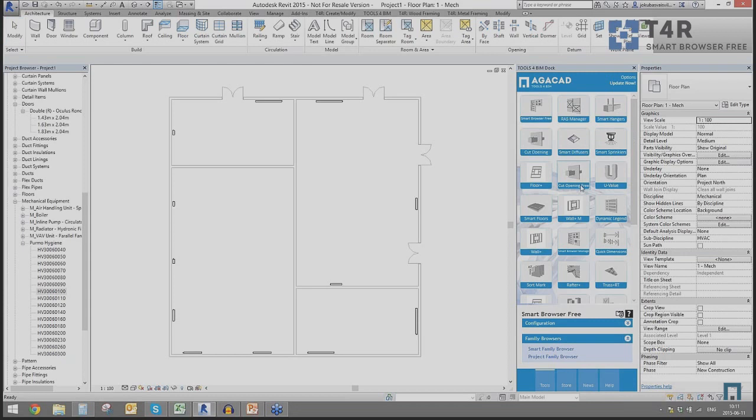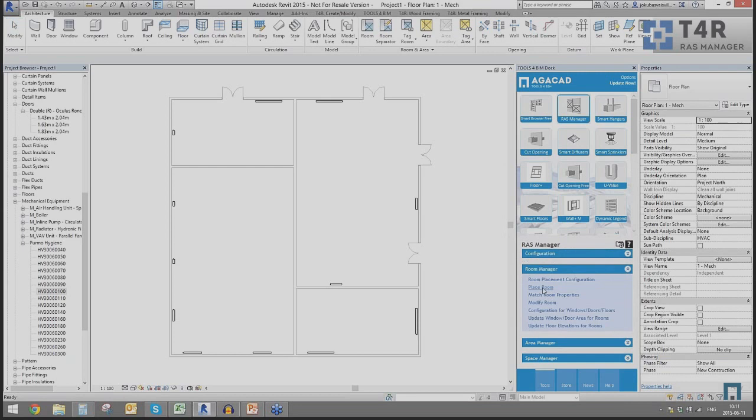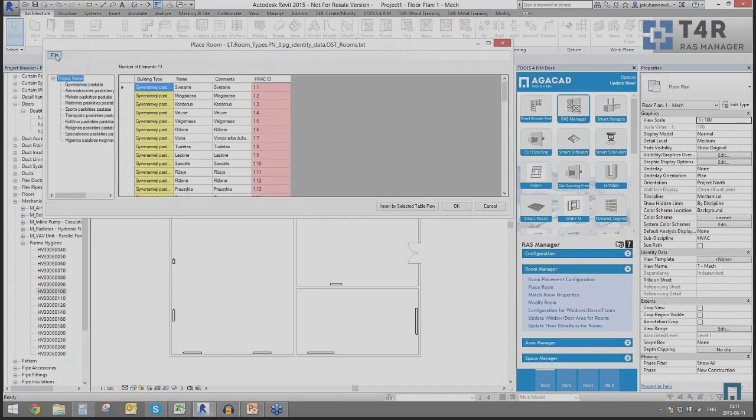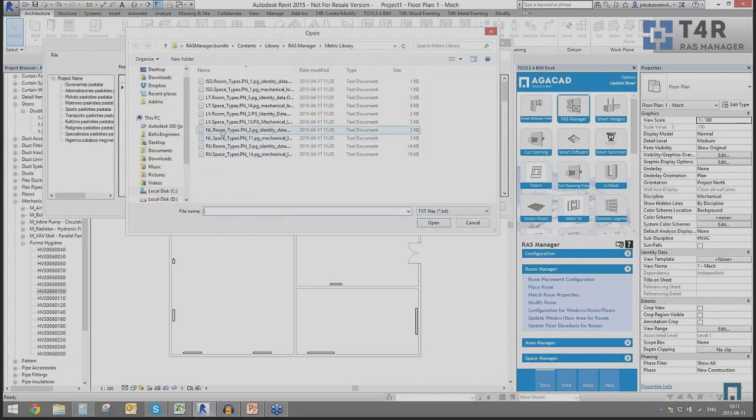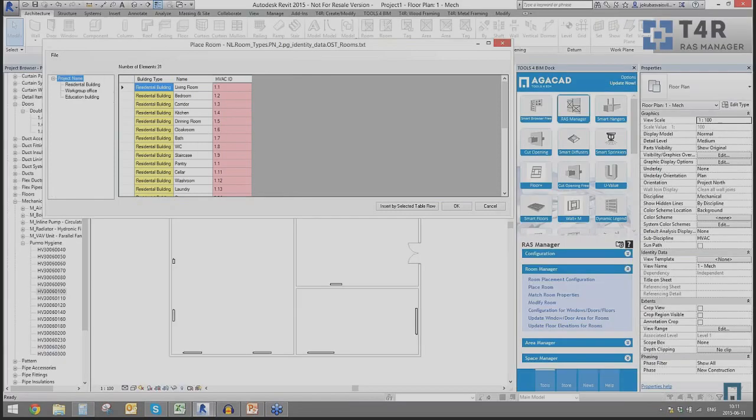The next thing that I want to show to you is the RAS Manager. So the RAS Manager stands for rooms, areas and spaces management. So for the RAS Manager, for example, I will load some configurations. The RAS Manager can help you while placing rooms and transferring the information from rooms into spaces. For example, if our architects that we are working with will work with RAS Manager, I will open Netherlands standards, for example. They will be able to